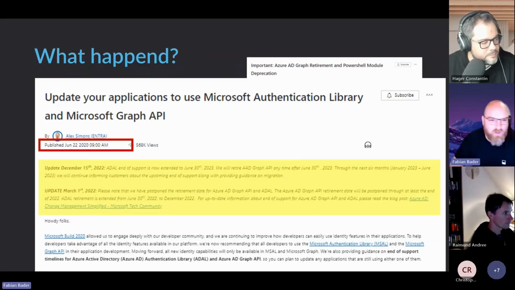As you can see in this blog post that was updated quite a while ago, again in March 2022, Microsoft decided to postpone the retirement of the Azure AD Graph API for another few years. And since we talk about this in 2024, you might know, okay, it's still there and you can still use it. And in December,